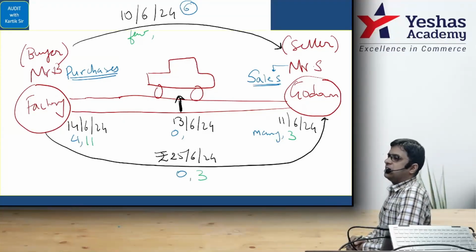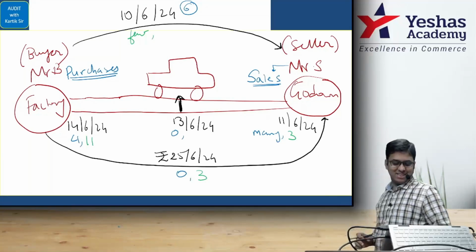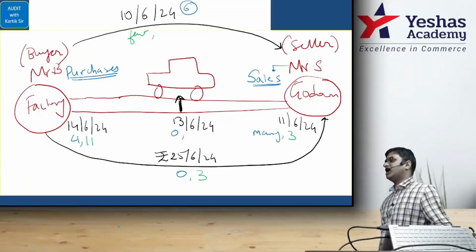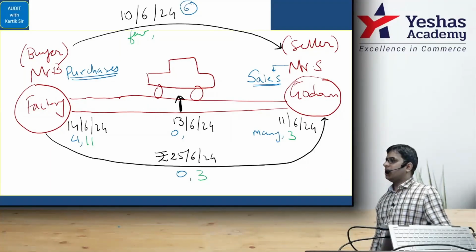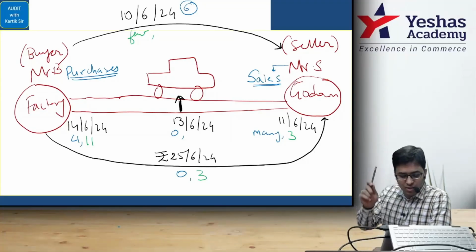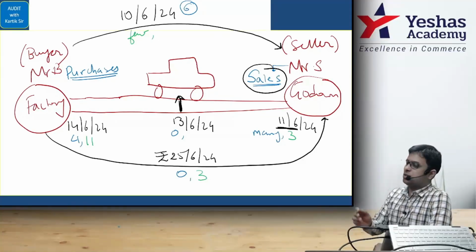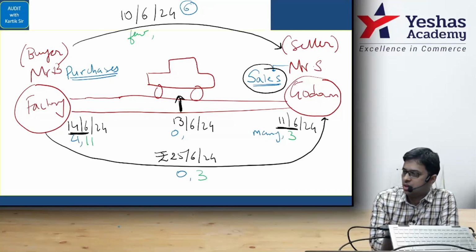Tell me, is it compulsory for the sale date and purchase date to be the same? No? Correct, no? Now, see the fun. You will record the sale when risk and rewards incidental to ownership have been transferred. If the sales date, my dear students, is 11th of June, and the purchase is being recorded on, let's say, 14th of June, then tell me, for those 3 days, who is the owner of the goods?